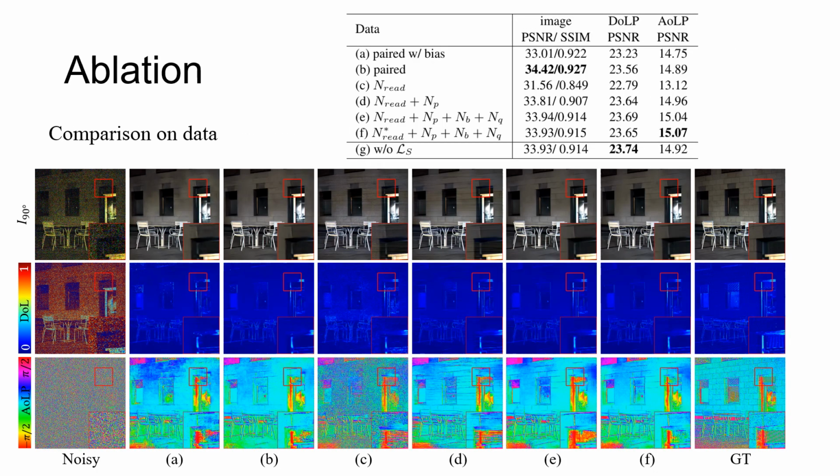We further conduct ablation studies. The comparison of paired data with and without global bias shows that by subtracting the global bias, more vivid image and polarization details can be restored. By comparing data generated by different noise integrations, as shown in the table, full noise components deliver significant and stable performance improvements. The star symbol stands for synthetic data using channel-wise biases.